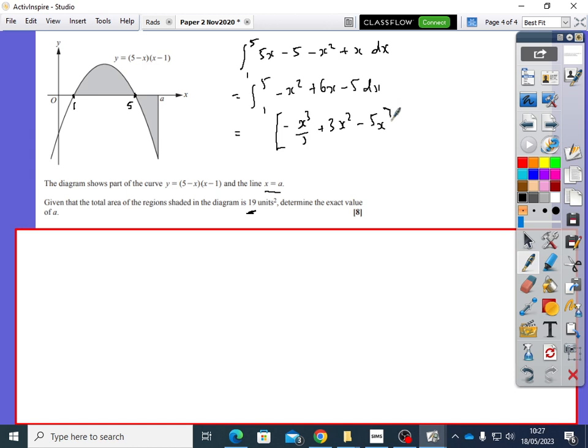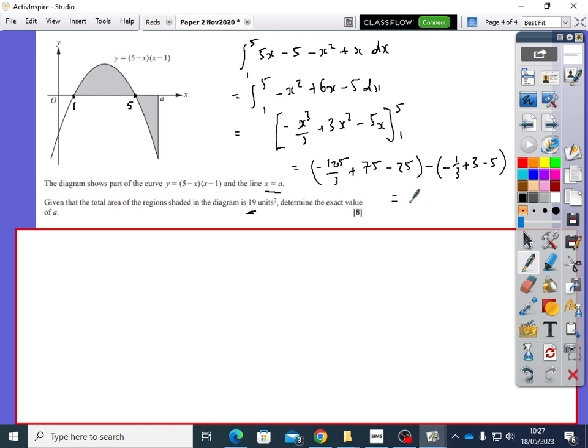And then I'm going to plug in the limits 5 and 1 into these. So I'll put the 5 in, I'm going to get minus 125 over 3. 5 squared is 25, times 3 is 75. Minus 5 times 5 is 25. And then I'm going to substitute the 1 in, that's going to give me minus 1/3 plus 3 minus 5. If I put that into my calculator,